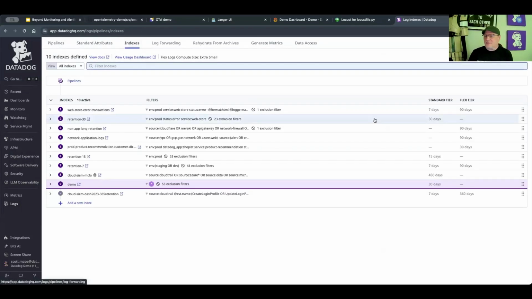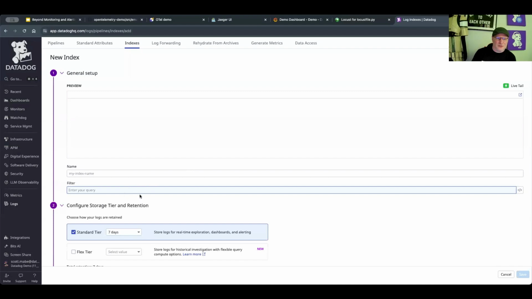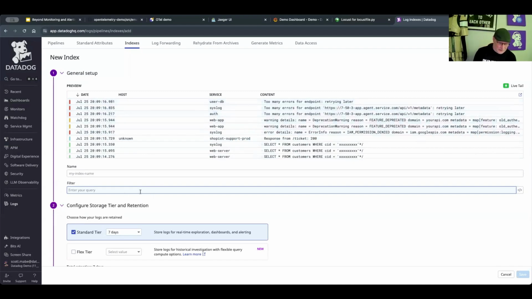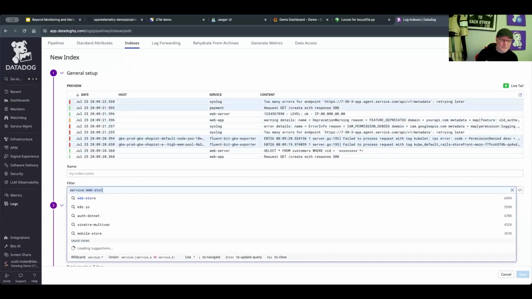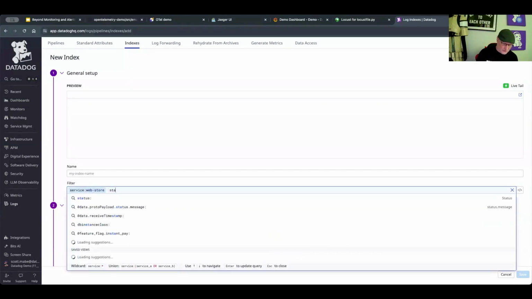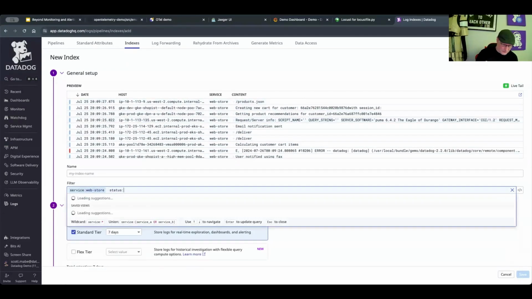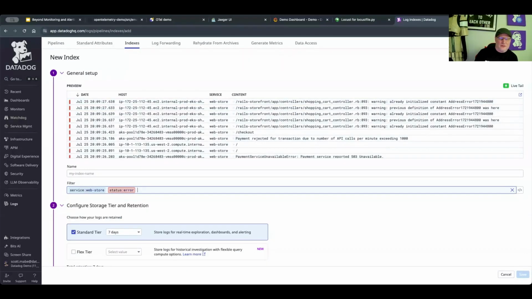Indexes. You have 3 day of retention, which is like what you have over here, right? So that'll be three day. What you can do if you have a specific query that has been problematic, or something along those lines, is you can do a new index of a specific query. So something like service equals web store, status error,